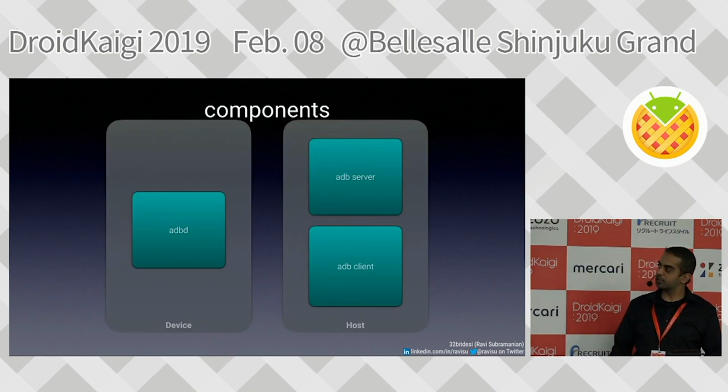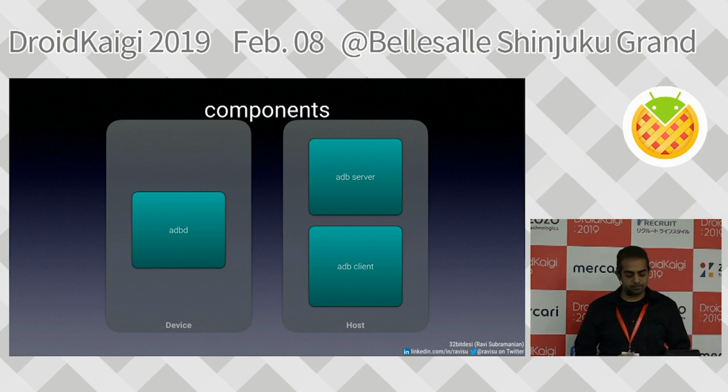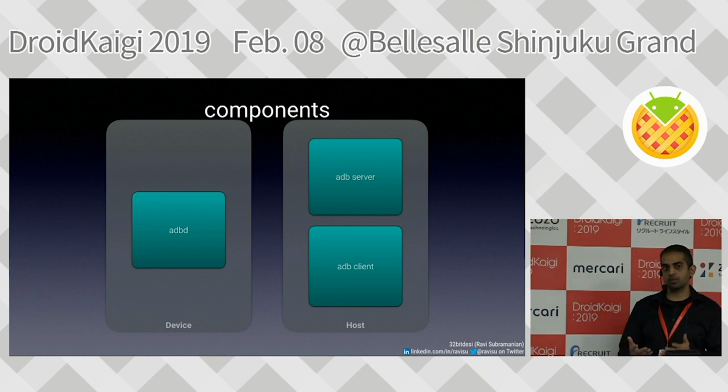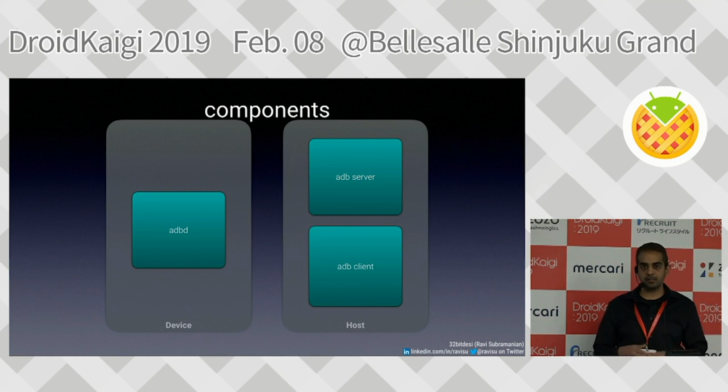So let's jump right in and look at the components of ADB. At a high level, there are actually three pieces that make up ADB. There is the client, the server, and the daemon. The client and the server actually run on the host, whereas the daemon, as you can imagine, runs on the device or the emulator. So the client is what we're all used to when we type adb logcat,